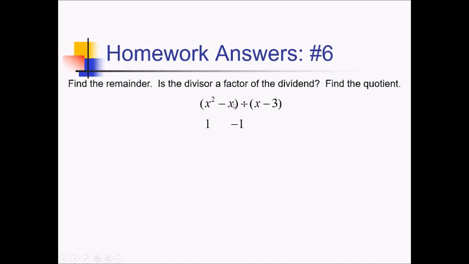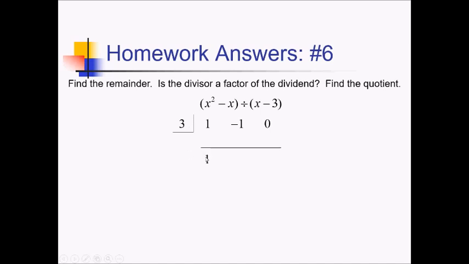And then don't forget we have a placeholder 0 for the missing constant. There's an invisible plus 0 at the end. So we represent that with a 0 in our coefficient row. For the box number, I'm going to use whatever zeroes out this divisor. So that's going to be positive 3 because we have 3 minus 3 giving us 0. Leave some space, draw a line, bring down our first coefficient of 1,